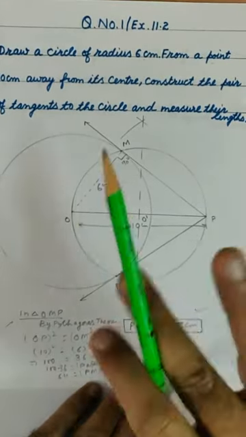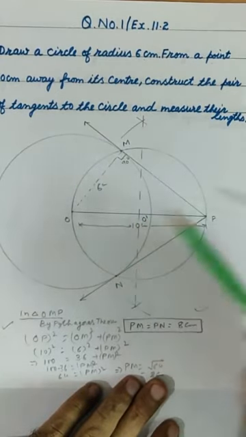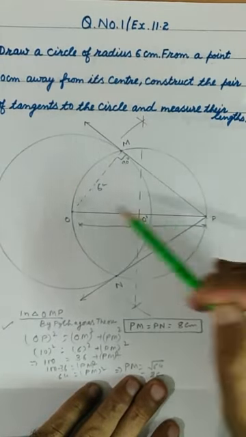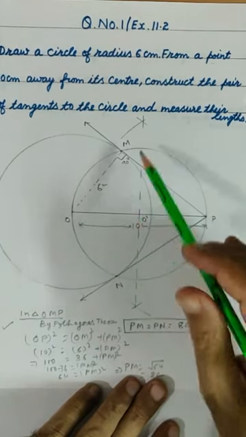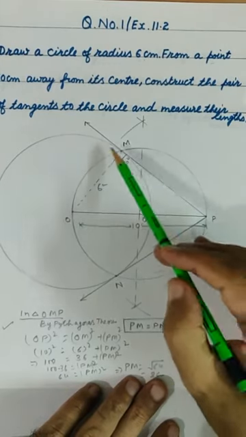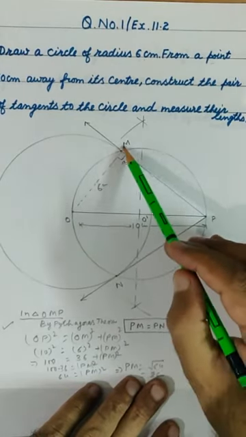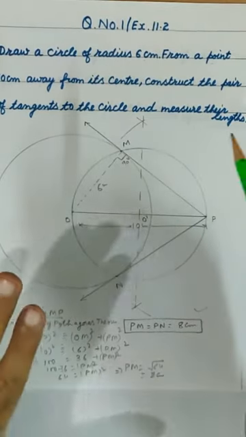Now how can we draw a tangent to a circle from an exterior point? Join first of all the center to that exterior point, then draw the perpendicular bisector. We get the midpoint as center, then we draw another circle. It will intersect the original circle at 2 points. These are the contact points, and then join them. Then we are able to do it.